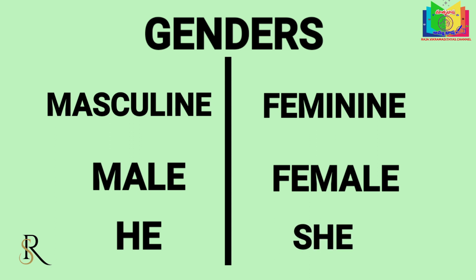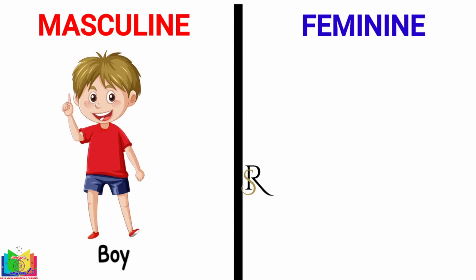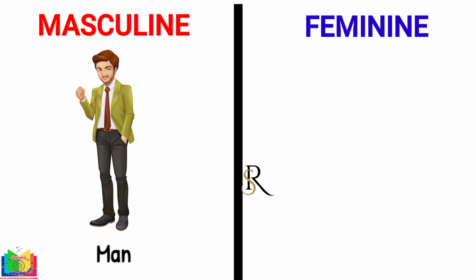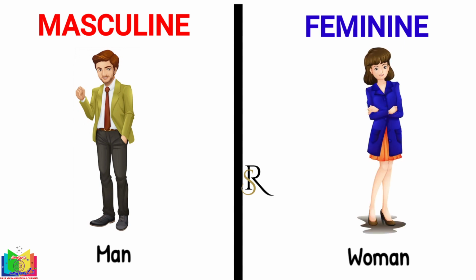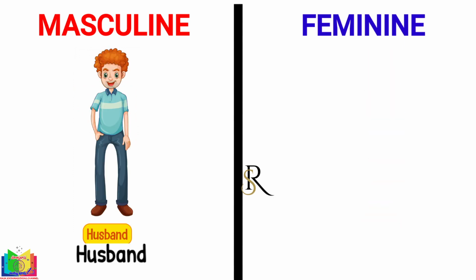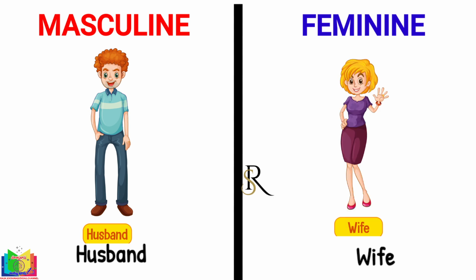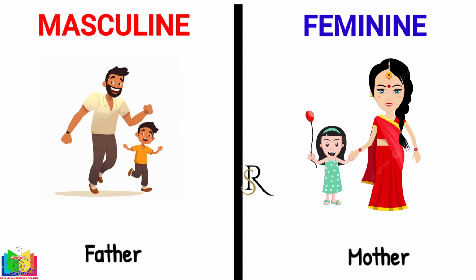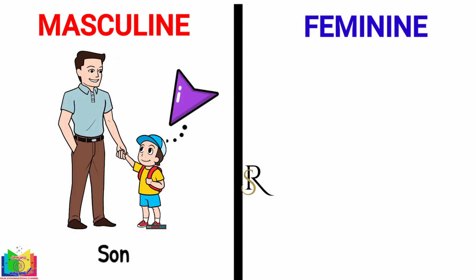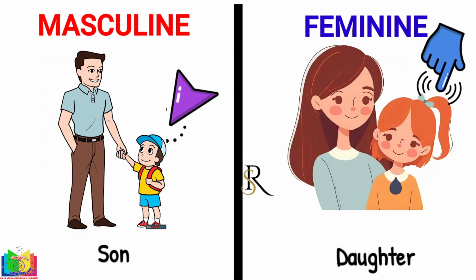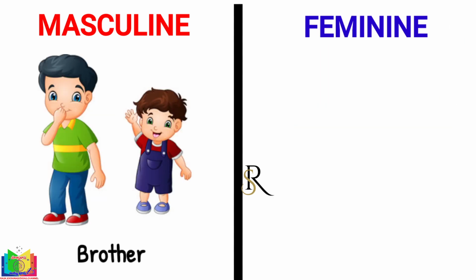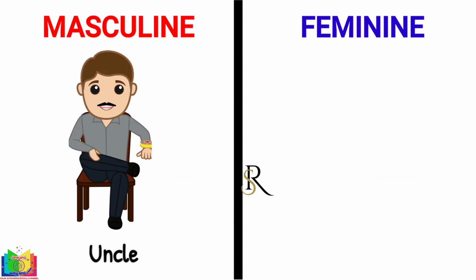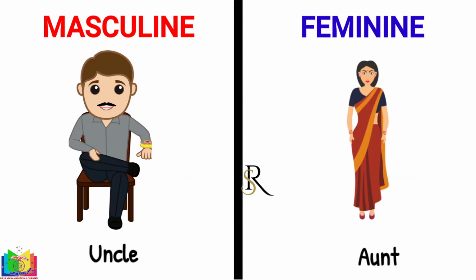Let's see a few examples. Boy, girl, man, woman, husband, wife, father, mother, son, daughter, brother, sister, uncle, aunt,